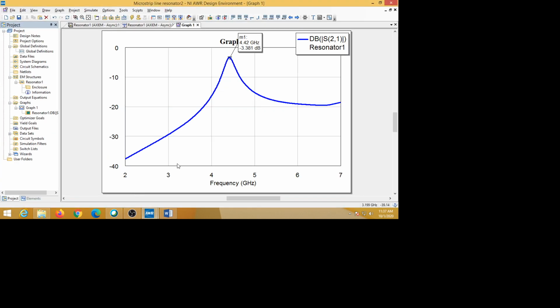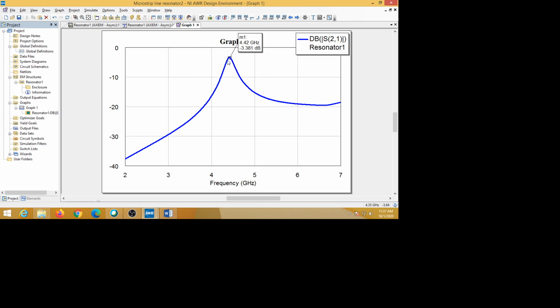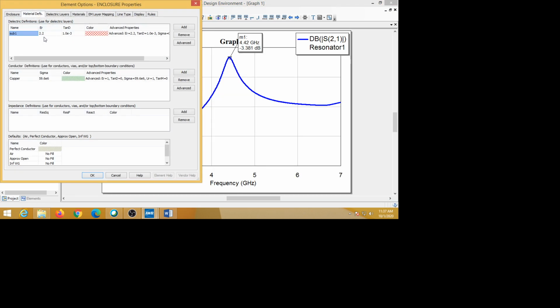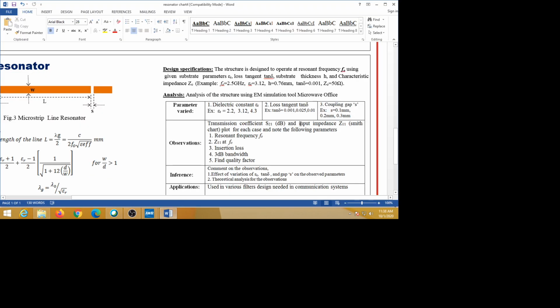So here change the coupling gap also, this gap, and see what happens to the resonant frequency, input impedance, all those parameters. And as we said, tan delta also you can change, but keep the epsilon r constant, only change the tan delta and see what happens to all these parameters. Okay, so that is called a parametric analysis. So we have to do these things.